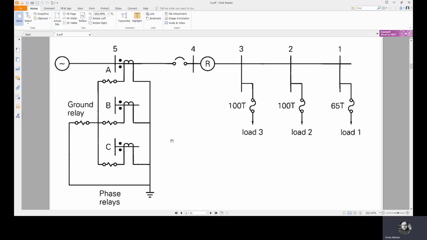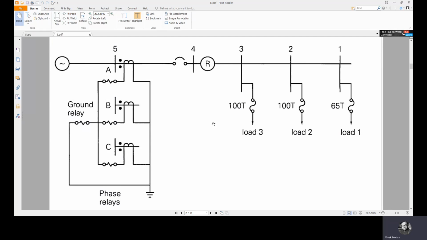These are phase relays, and this is the ground relay. So unlike these relays, reclosers are self-controlled. They don't have separate external circuits to control them. Reclosers have built-in controls.